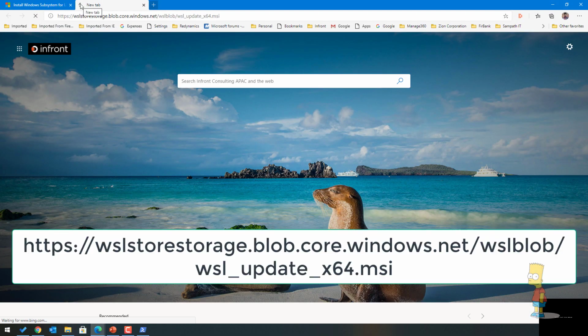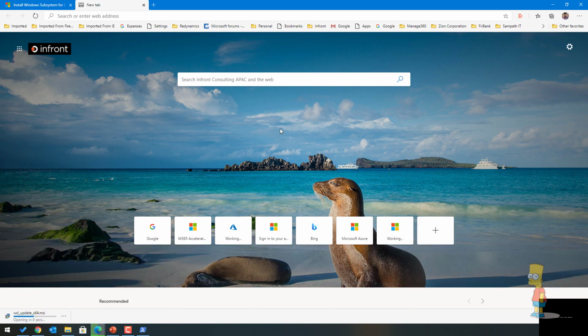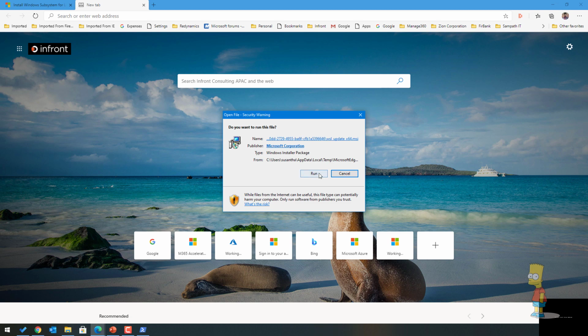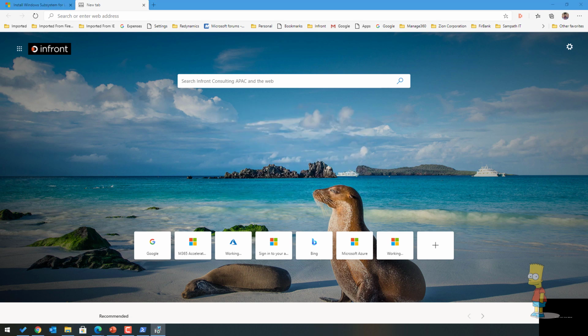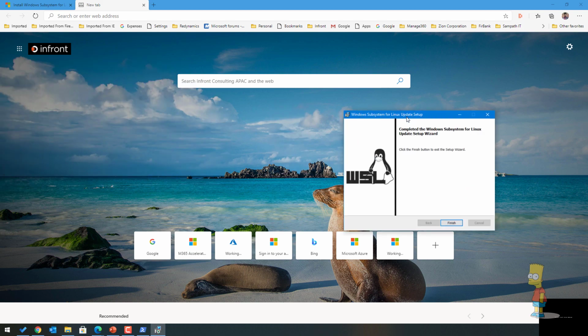Just copy paste the link. Don't worry, all the links are given for you as I mentioned earlier. So the package will be downloaded, and we'll go ahead and say open. Based on the internet connection, it might take a couple of minutes or a few seconds, depending on your internet connection speed. So let's see. Once it's done, let's make sure we run the application. It runs very quickly, so you can see it's done, finished.